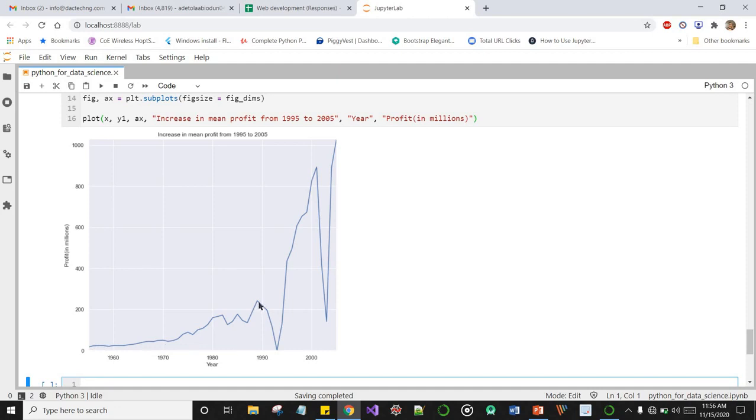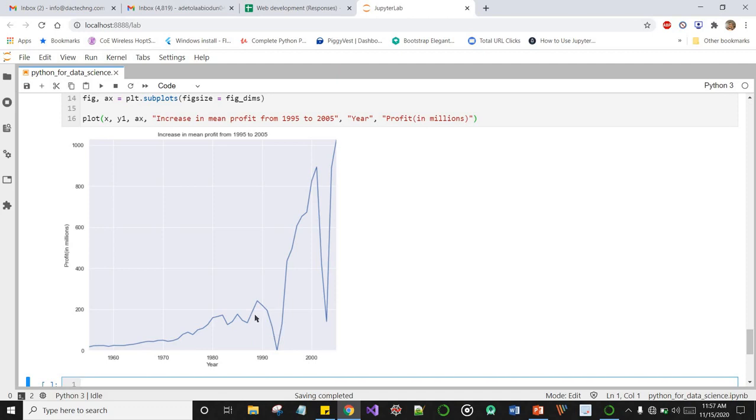1990, the profits were increasing steadily, right? Has been increasing steadily rather, just a bit of drop in the mid 1980s, but we have noticeably a very sharp drop in the mid 90s. And if you are conversant with politics and economics, you will know there was a big recession in the mid 90s. Okay, and it's seen by this very sharp drop in profits of the Fortune 500 companies.